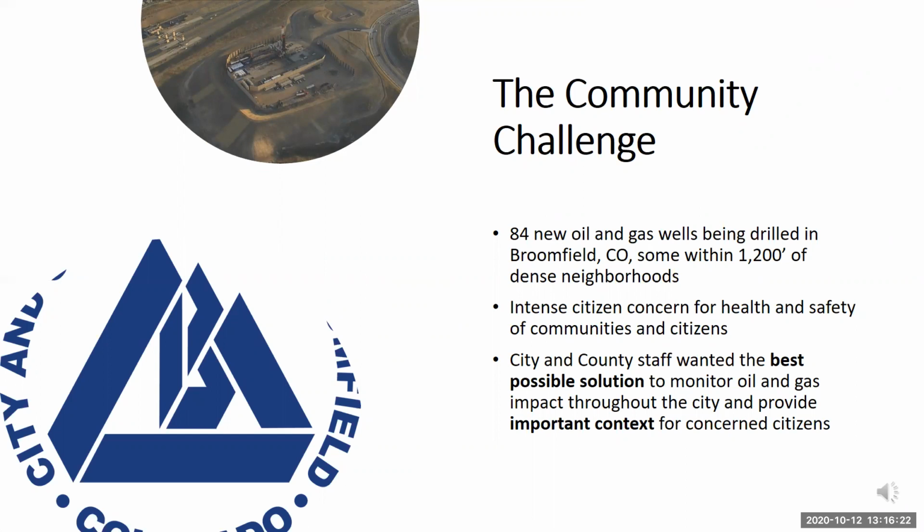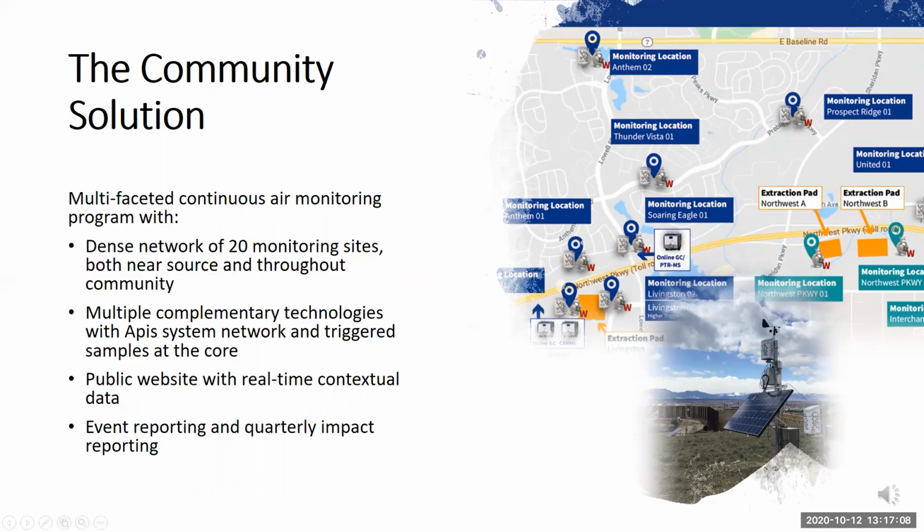All the real-time data and contextual reports are provided to the public through Ajax's web application, the APIS web portal, and regular impact reports. Ajax partnered with APIS and Colorado State University to execute a multifaceted air monitoring program that monitors air toxics and criteria pollutants near the oil and gas development sites, and also through the nearby neighborhoods, parks,